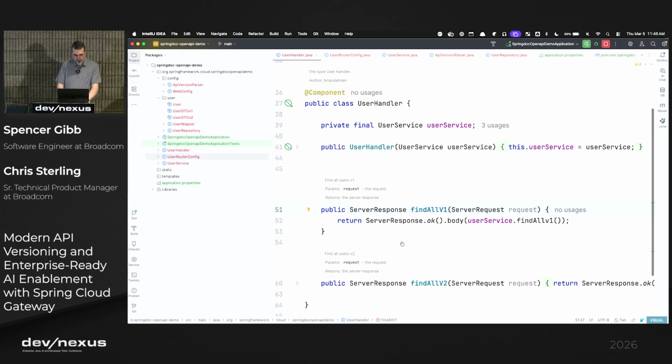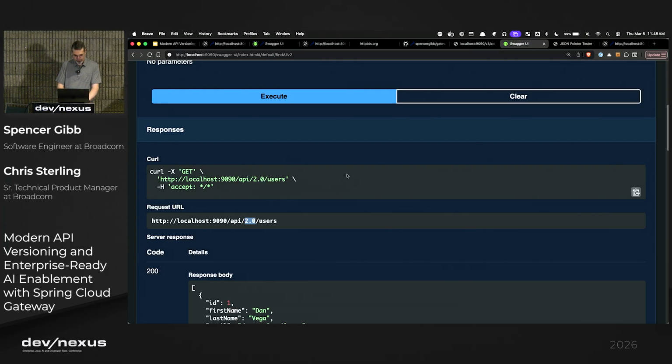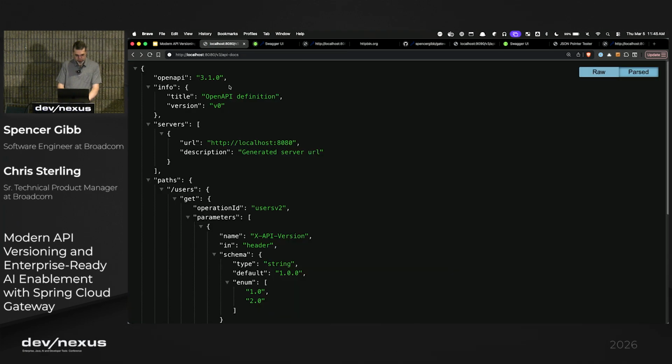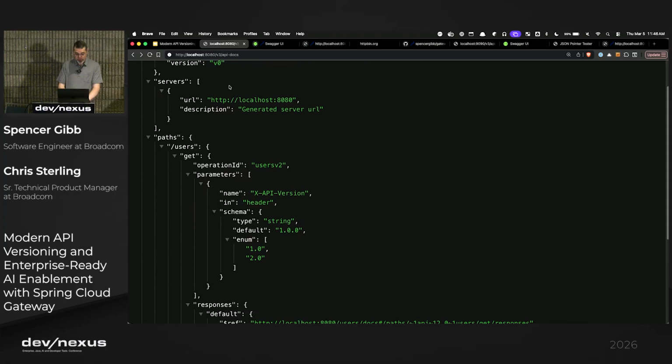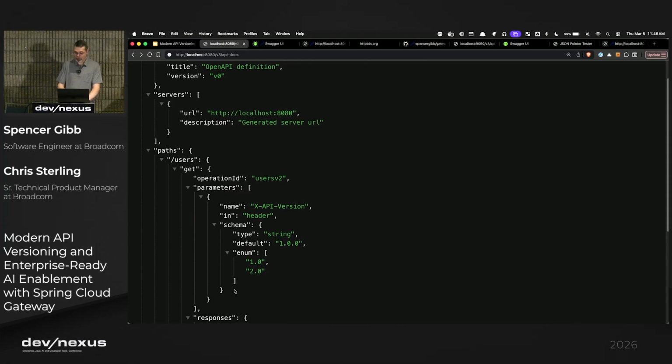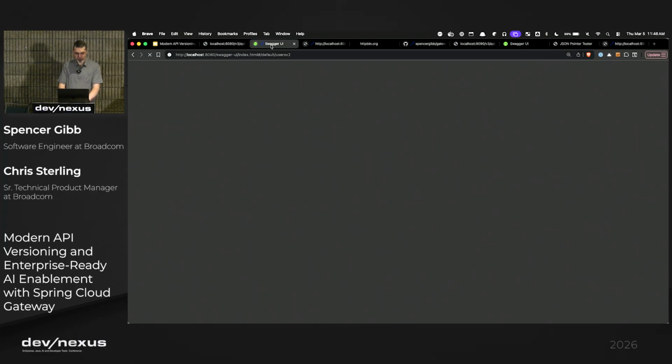I come back to the browser. So here we are. This is the Swagger spec for the gateway, and you can see that Chris opened an issue in SpringDoc to support API versioning, and it will read beans in Spring to determine what it is, and it says, oh, you're doing a header, and so it automatically creates this parameter object in the spec. So if we go to the Swagger UI,